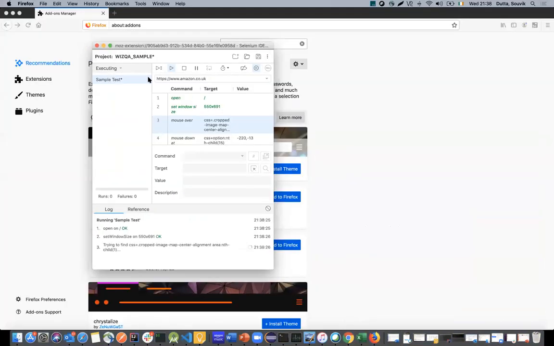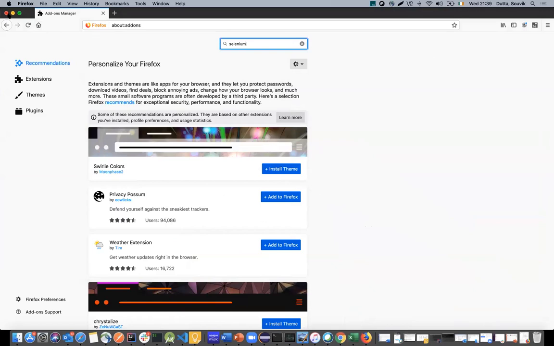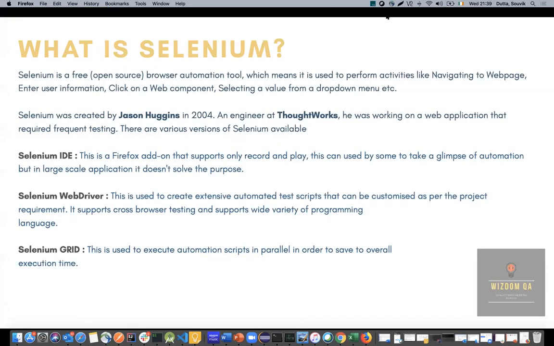Okay. It just cleared the first line. That's fine. But it's trying to find the CSS and it's not able to find it. Okay, and it says it's a timeout. So ideally what's happening here is that,